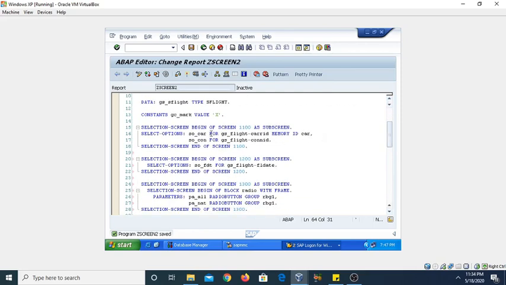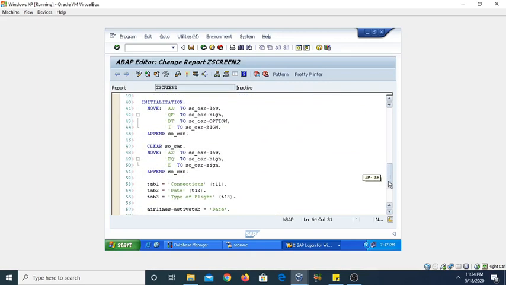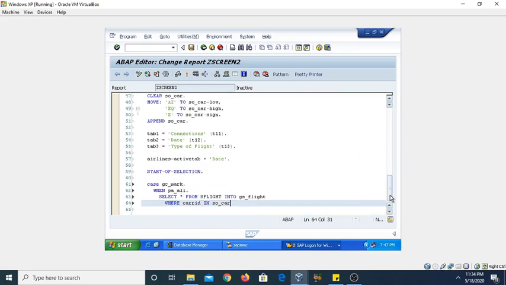You can see the select option so underscore car. The database value will match with this one, so underscore car, and we have given the default value AA, or the user can select a different value by input help, but it should match this database value, the CARR ID of the SFLIGHT database table. If it is a percent there,